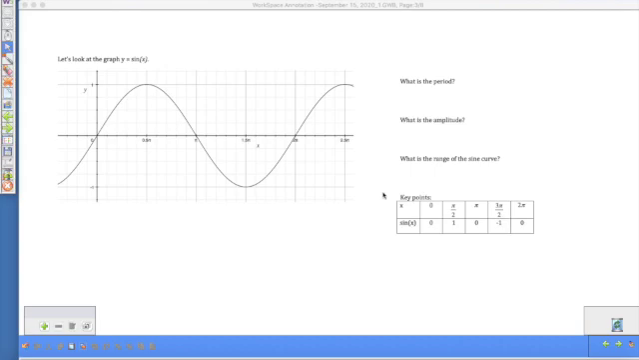So now we are going to start looking a little more in depth at these graphs of sine and cosine equations, okay? So hopefully we remember that this is what,